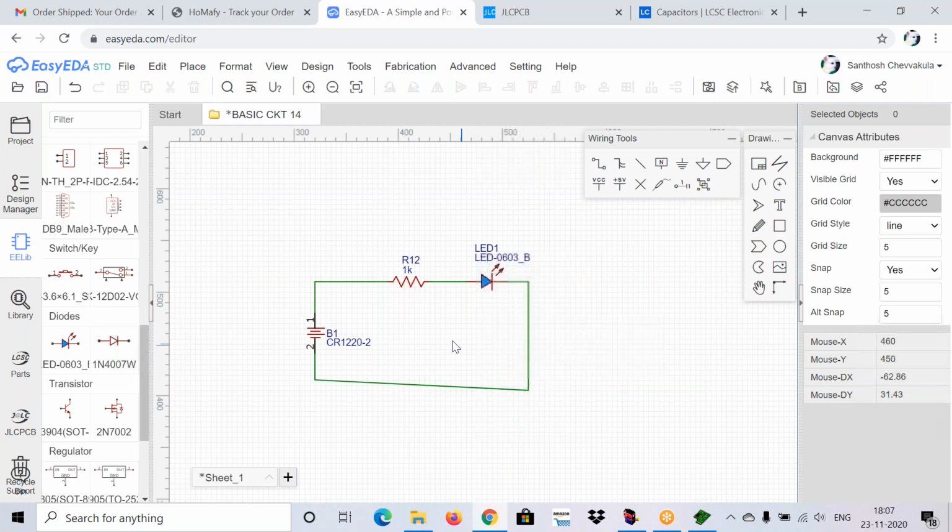Okay guys, my circuit is completed. I have taken a battery, resistor and an LED. The circuit is completed. We'll add a button also.